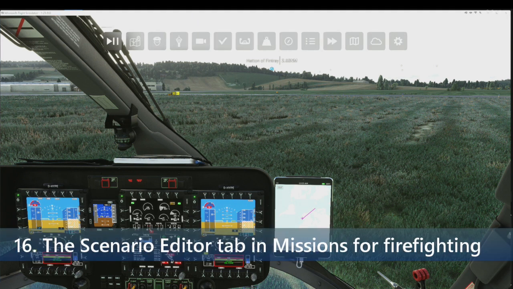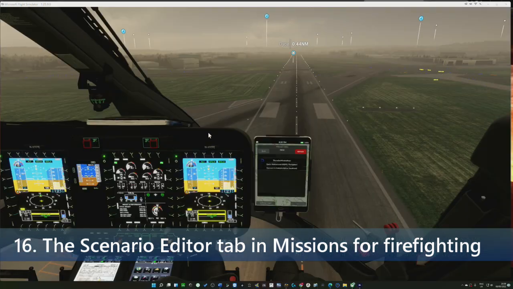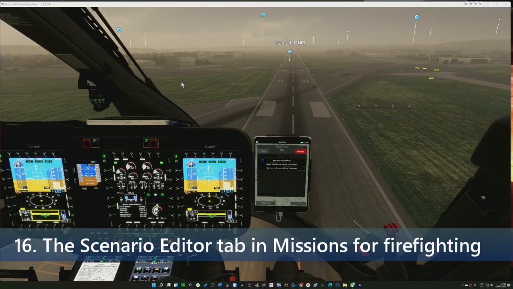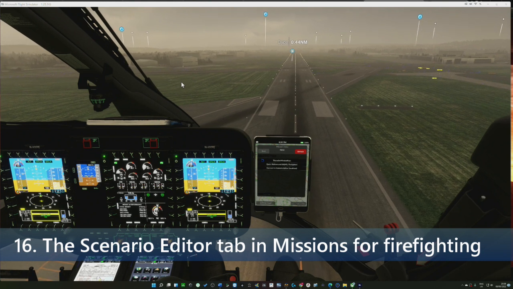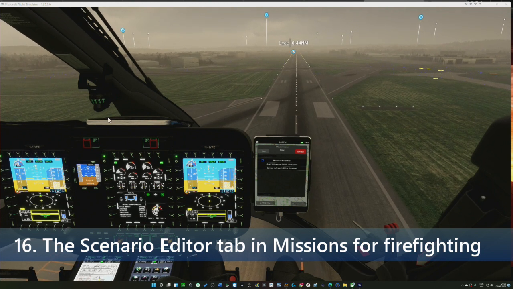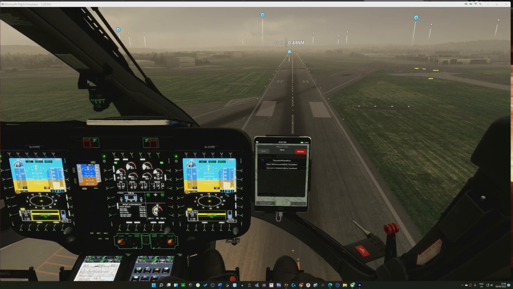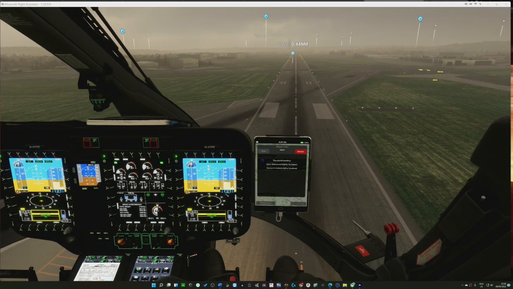And the next thing that I'd like to do is to go into the firefighter variant and to look at the scenario editor, because that way we can create a fire somewhere and try and put it out. Firstly, when you download the H145 action pack, you'll now receive an option to download a scenario editor. It installs like any other program, and you sit it there on the sim,